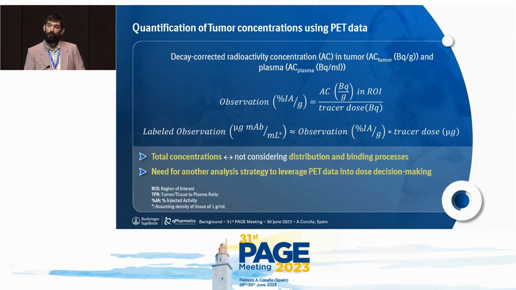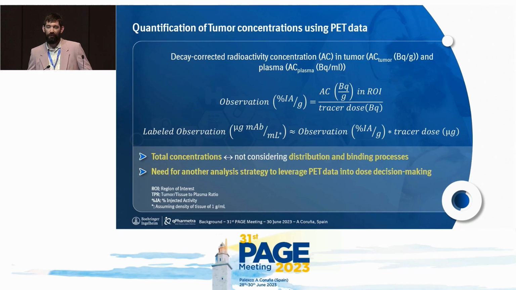When we correct this for the mass of radio-labeled dose that we administer, we can transform this, as you see below, from activity towards something we can use, microgram per mL or per gram tissue, assuming 1 gram per liter of density of tissue. This is very nice. This is a new source of information that we can use in our models, but one caveat here is that we will get total tissue concentrations or total tumor concentrations.